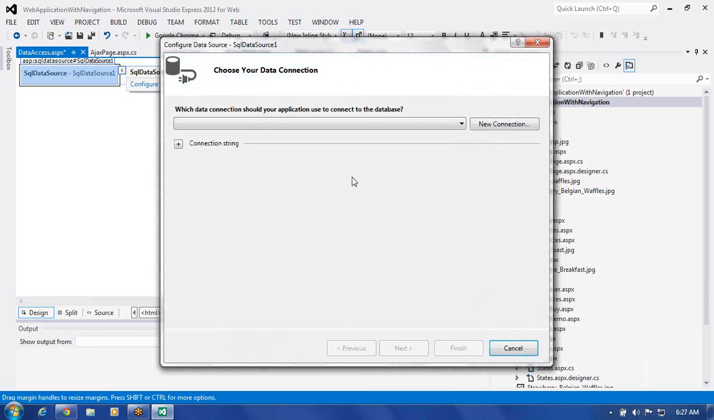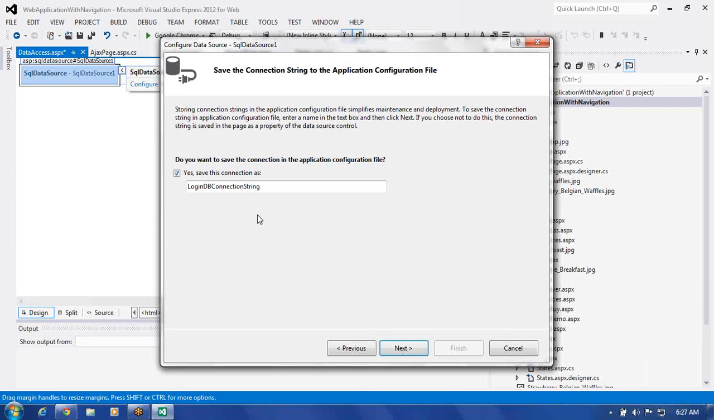So how can I choose the connection string here? Do we have any existing connection strings? We have login db.dbo, one connection string is already available for us. Let us choose that connection string. Okay. Click on next. This is the login db connection string that is available. Then click on next here. After that,